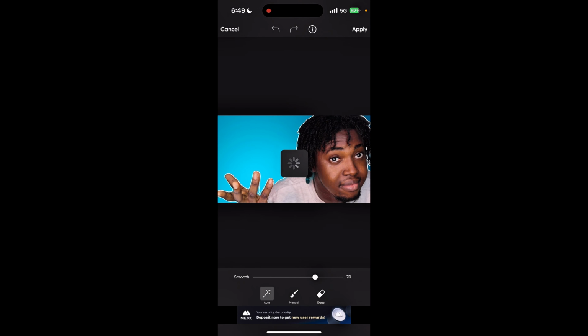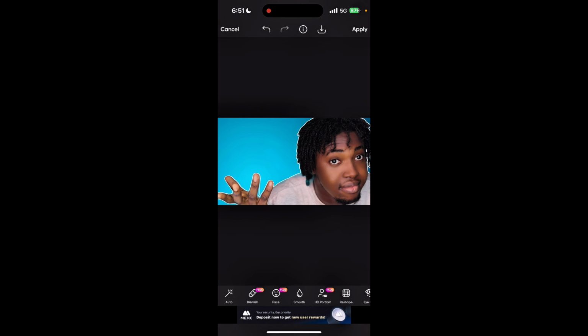So once you're done with all that parts, you have to save it so it stays that way. With this part I was smoothing this part to make sure my face is really clear and it stands out and everything. So once you're done with that part, you save it and you apply the stickers and fonts,